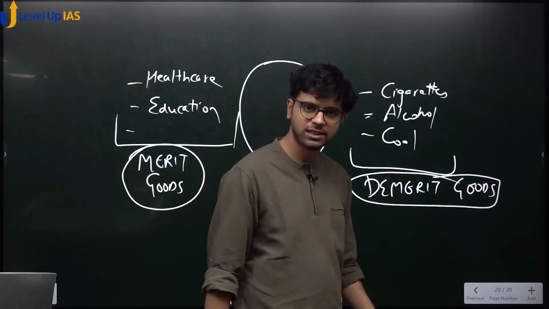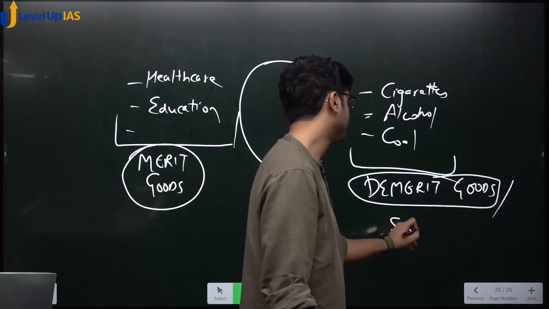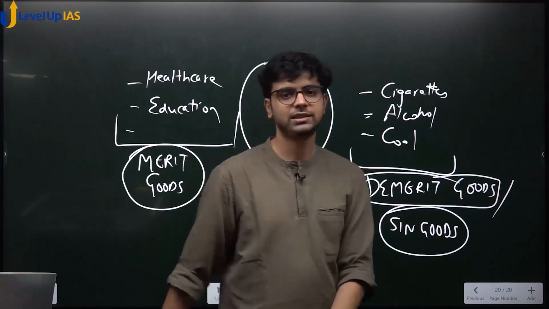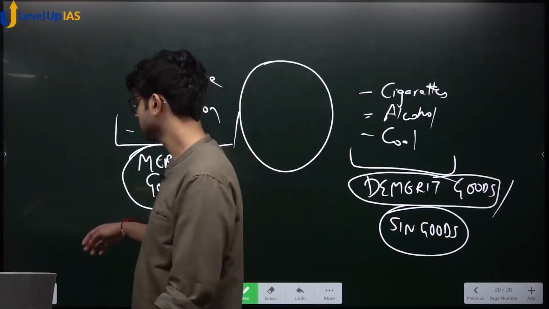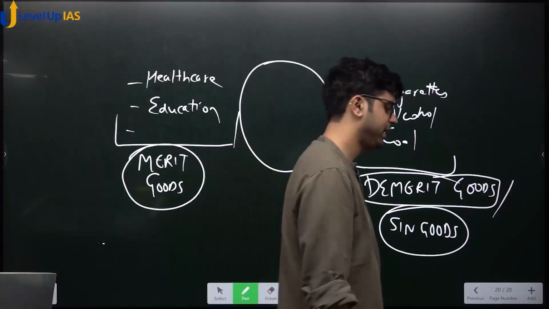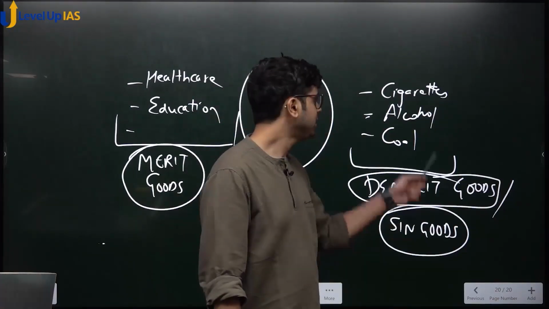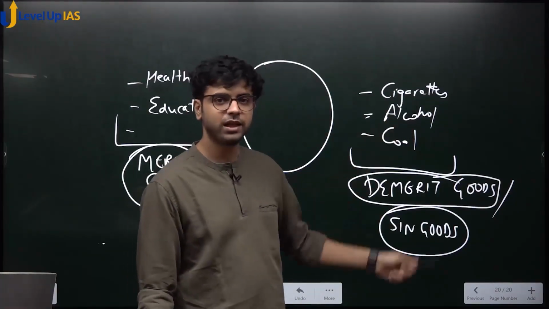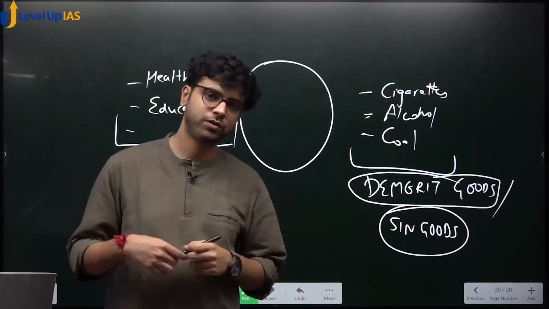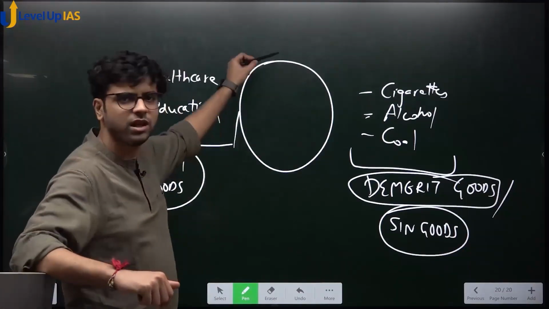So this is a small distinction, but for the purpose of simplicity, I will give a slash and I will write sin goods. For clarity I just told you this, but they are called sin goods, SIN, sin goods. Okay. So what are sin goods? Sin goods are bad for the country, be it health, be it environment, be it anything else. See, cigarettes are bad for the environment also. They release a lot of carcinogens in the smoke, and then that air gets polluted. That is what is called passive smoking. Okay. And these are all the other goods in between,